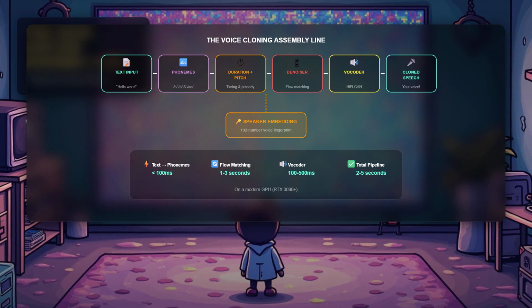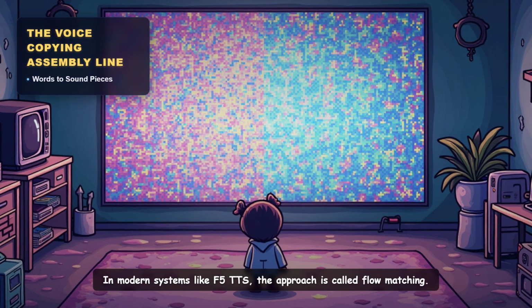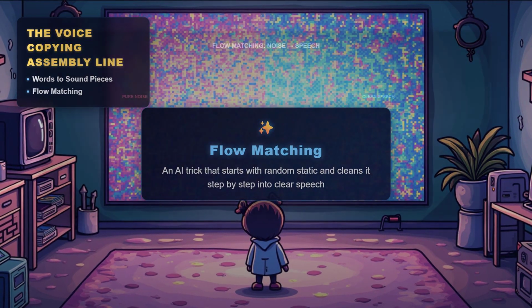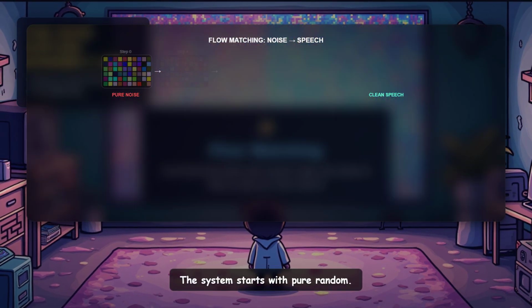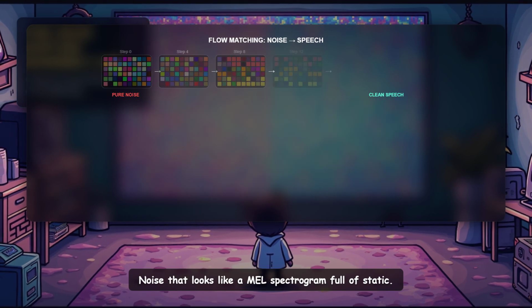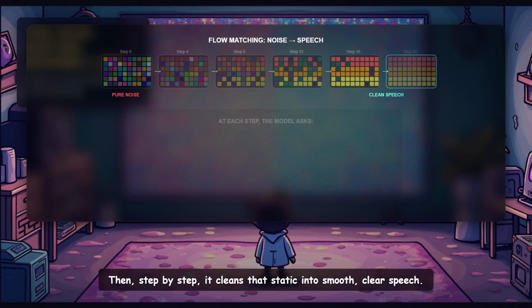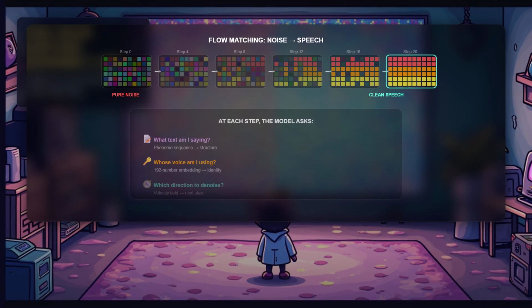Then comes the main engine. In modern systems like F5 TTS, the approach is called flow matching. The system starts with pure random noise that looks like a MEL spectrogram full of static. Then, step by step, it cleans that static into smooth, clear speech.